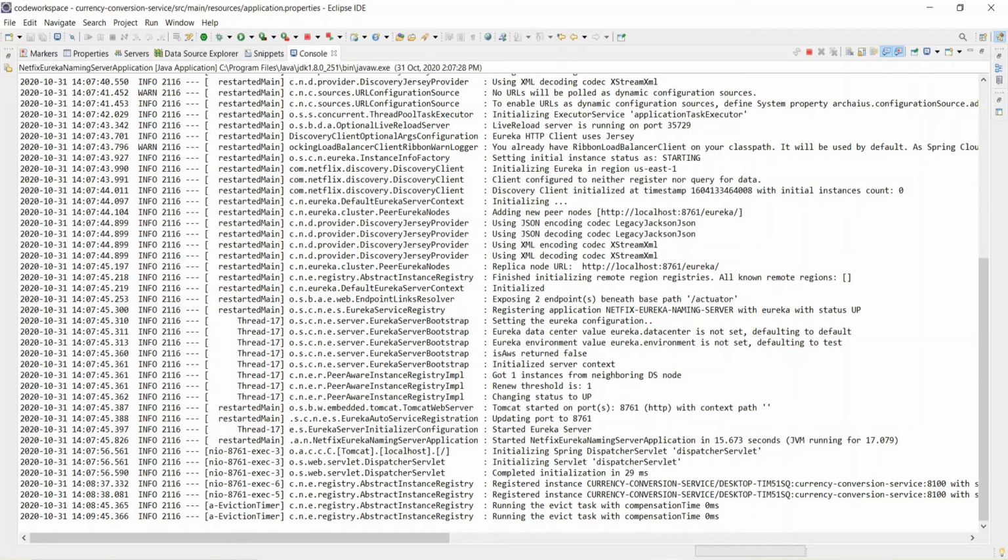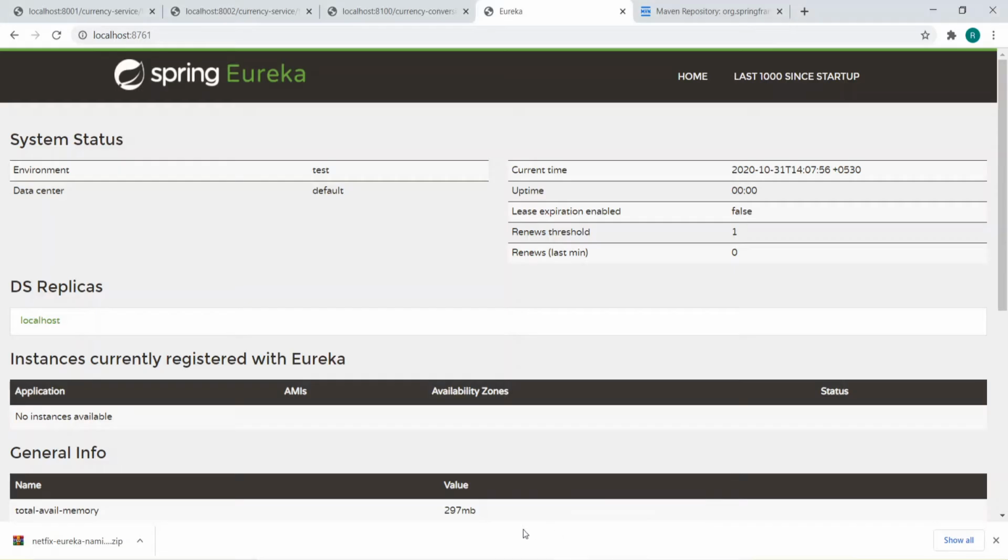Let's go to the Eureka server, refresh this, and see in the instances currently registered with Eureka section what changes come. After refreshing, it's showing the currency conversion service. The application is registered with Eureka from port 8100.